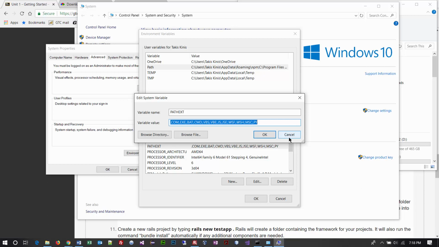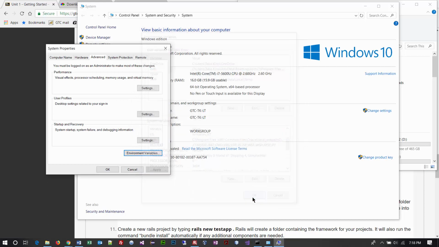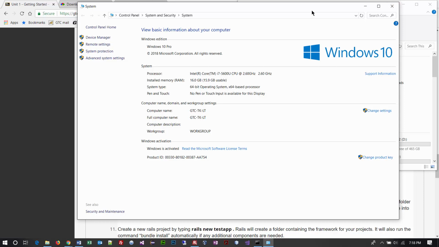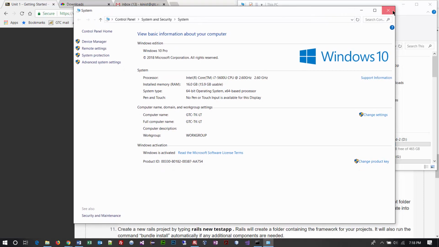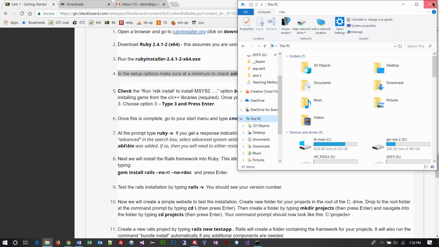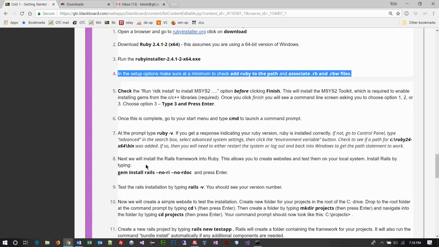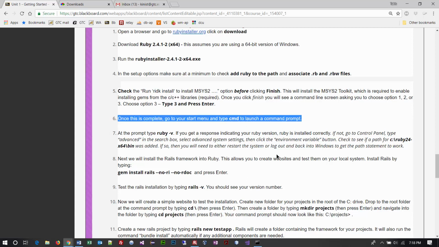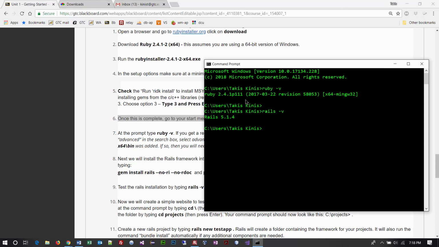Right. So I'm going to find out the hard way here, and really my temptation at this point is to reboot the machine to see if the path got updated. But there's a better way. Because even though it's not stored there, doesn't mean that the system didn't do something in the background that didn't register yet. So what I'm going to do is basically jump down to step number 7 right now. Step number 6 says launch a command prompt, and I'm assuming that some of you have done that already, and if not,